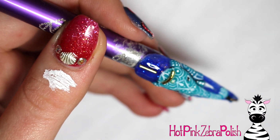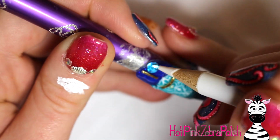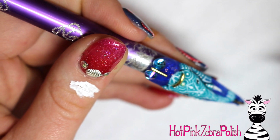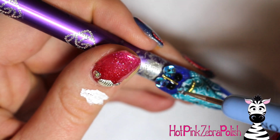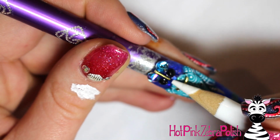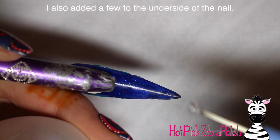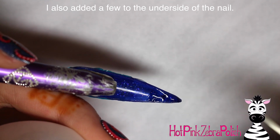After that, I'm going to be kind of filling in the top area with some more of those rhinestones. I took a longer bar because in that set, there was different sizes of them. So I took a longer one, I set that down, going straight down the center, and then 2 of those bigger teal rhinestones out of that set that I said was so pretty because it just caught the light and is slightly iridescent. And then 2 black ones. Like I said, I don't know if you can tell in the video, the black ones aren't nearly as reflective and shiny, and they don't pick up the light as well, but they are still pretty and they are still rhinestones. Cure that, flip the nail over, add some builder gel right underneath the tip of the nail,